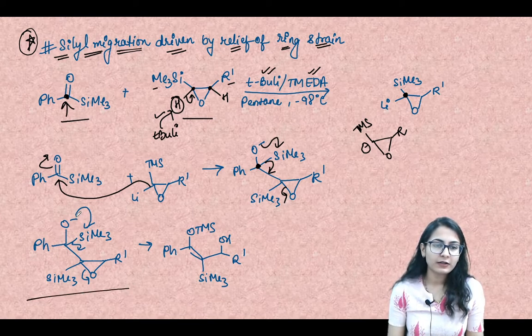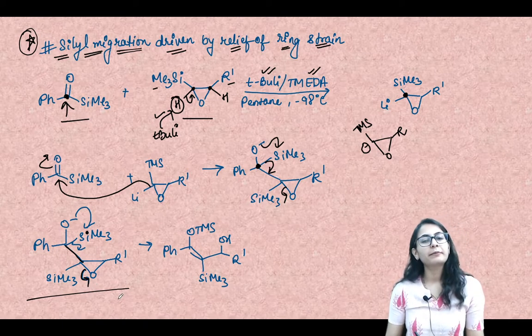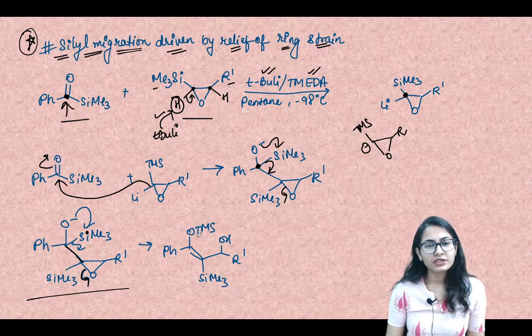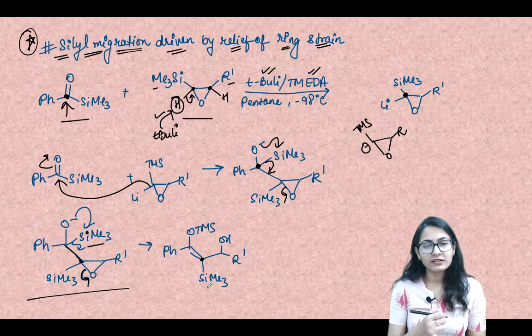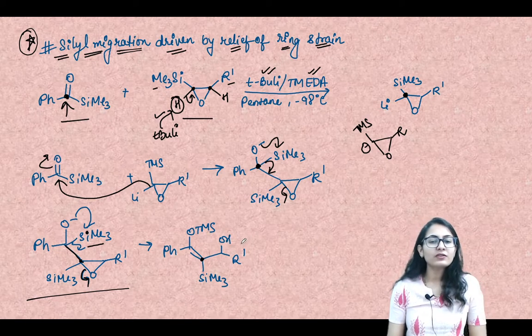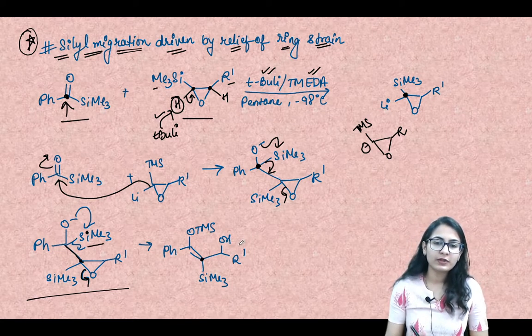When it does, look, oxygen attacks over silicon, the bond moves up and there is a double bond created over here and the epoxide opens up from this side. So when it happens, you are getting oxygen and TMS, which is the trimethylsilyl group, connected to oxygen. You get a double bond over here on the alpha carbon. On the alpha carbon, you have the TMS group, which is the trimethylsilyl, and this becomes the oxyanion, O minus right over here. Okay, so this is what you get, and after the aqueous workup, this is going to be your final product.